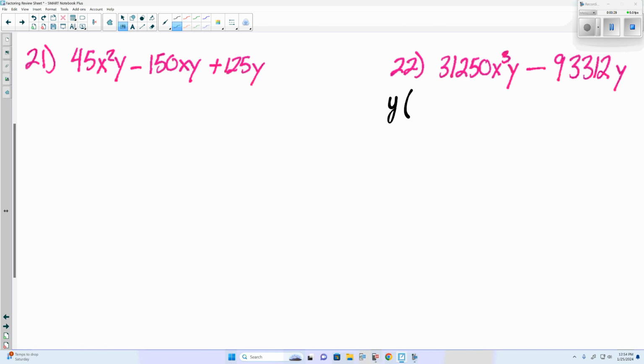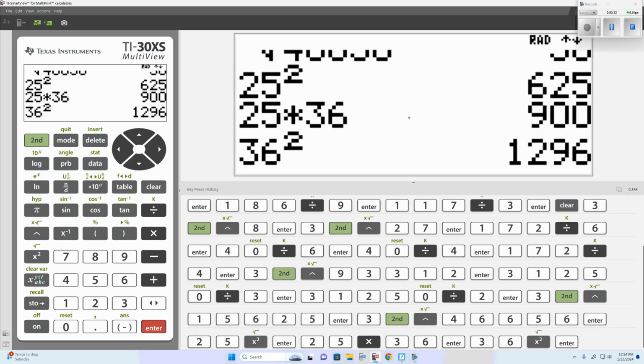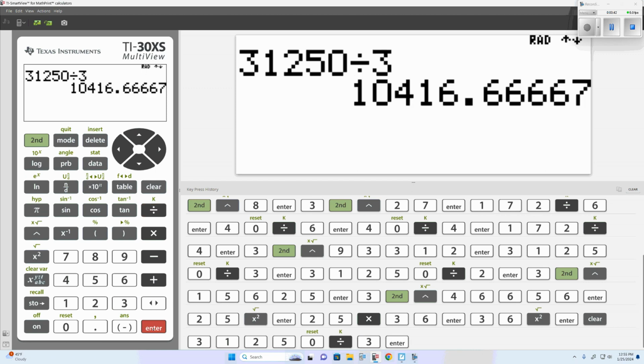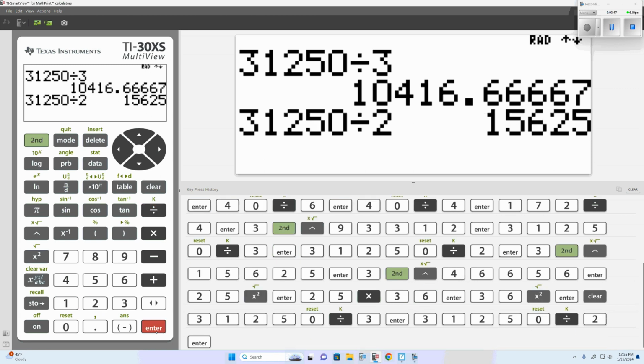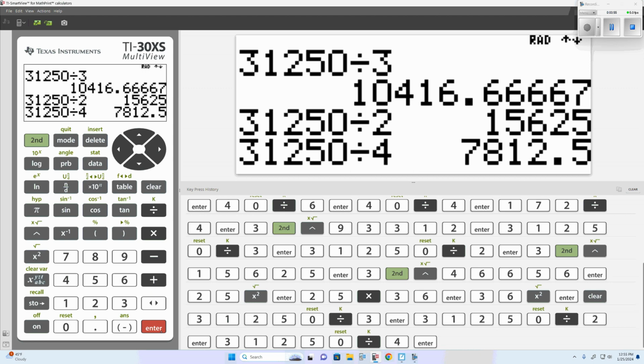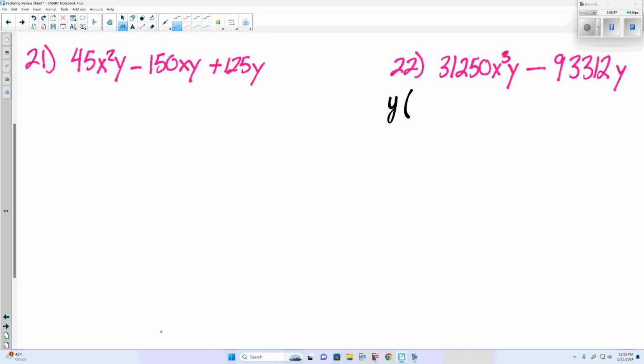So we can take 31,250 and divide it by, so what do we say a possible factor is? 2. 31,250 divided by 2 is? And if we divide 31,250 by 2, we get,